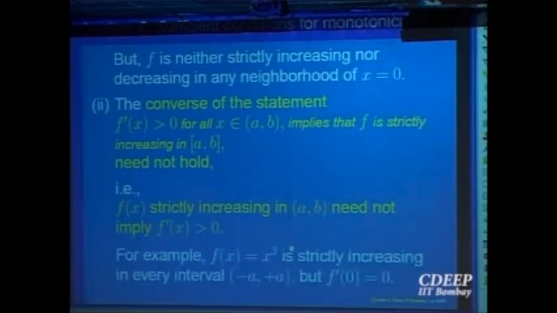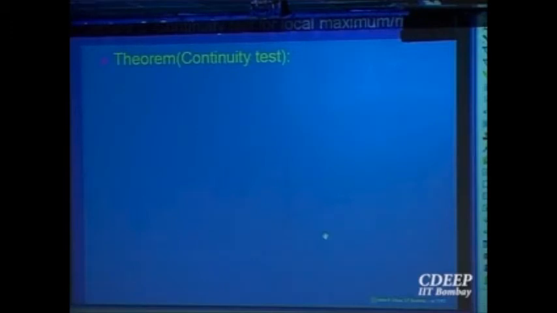So something similar happens. For example, a simple example, you look at x cube, the function f of x equal to x cube. It is strictly increasing in every interval, right? f of x is equal to x cube. It is a strictly increasing function, but the derivative at 0 is equal to 0. You can't say the derivative is strictly bigger than 0 at every point. So the converse of the statement is not true. So this is the first observation that we had about the nature of increasing or decreasing. Conclusions can be drawn from the nature of the derivative being positive or negative, right?